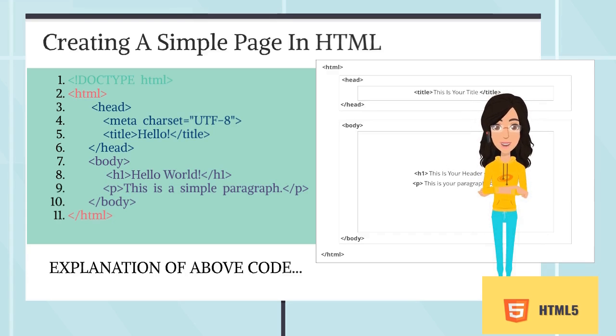And h1 is used for a level 1 heading for the page. It's the biggest size for the heading, and p represents a common paragraph of text. As I told you in the beginning, there's a doctype. Doctype is short for document type and helps the browser understand the version of HTML the document is written in, for better interpretability. So what the doctype is, we write right here, so the browser will detect it as HTML5.